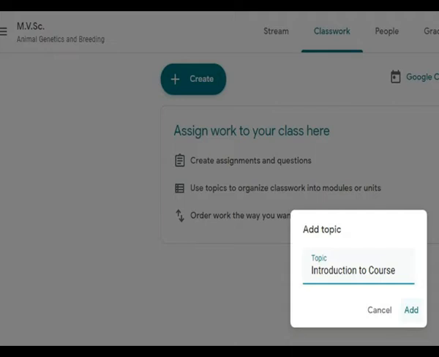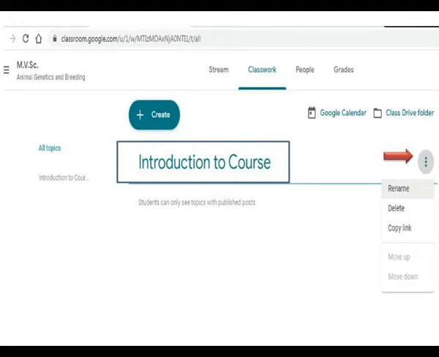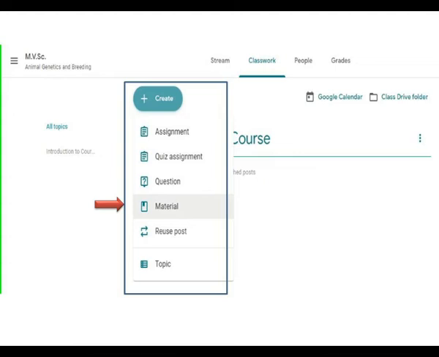As soon as you select the topic option, it will ask to give the title of that topic. The title given by you can also be renamed, deleted, or edited by selecting the setting button. After creating the list of topics,